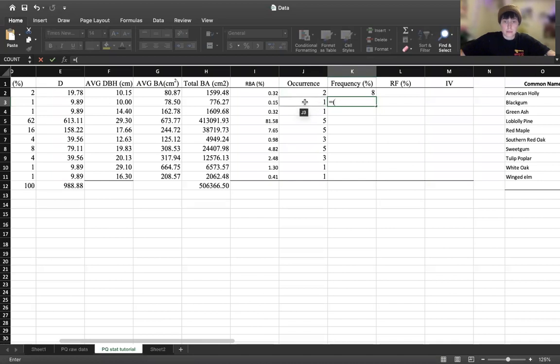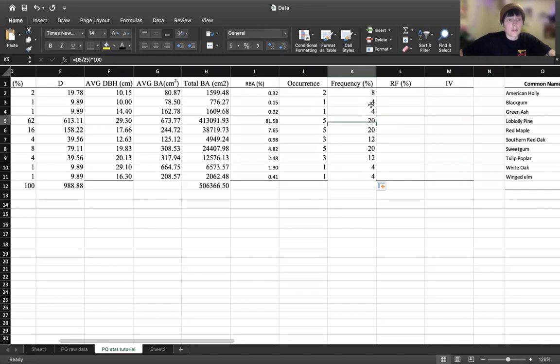One more time, occurrence divided by 25, multiply by 100. All right, that copied perfectly. All right, we're going to take the sum of this column